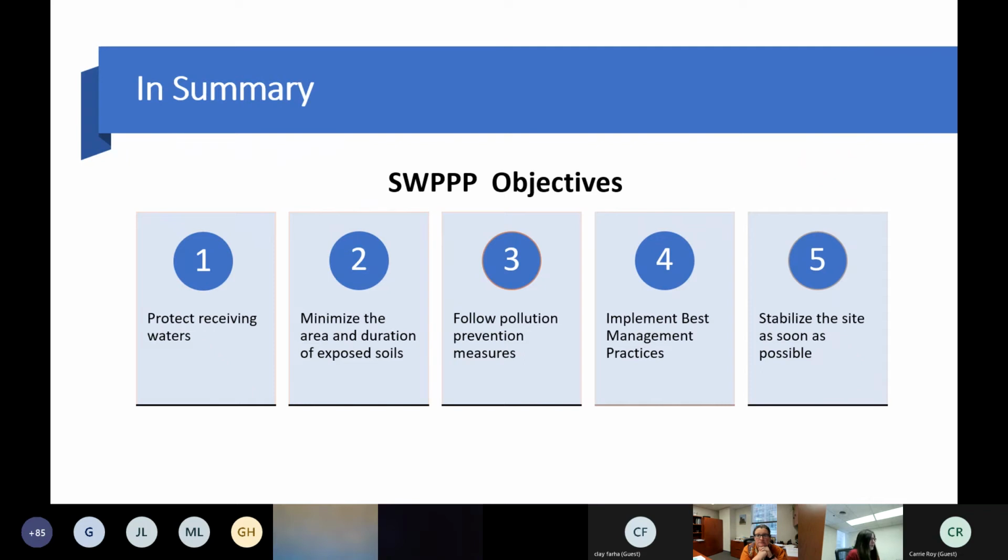So in summary, the SWPPP has several key major objectives. We want to protect receiving water bodies. We want to minimize the area and duration of exposed soil. We want to follow and implement pollution prevention measures and implement those best management practices to deal with sediment and erosion control and good housekeeping practices to prevent and minimize potential pollutants from reaching our bodies of water. And stabilize the site as soon as possible. Again, we want to get back to stabilize as much as possible to prevent those releases to a potential nearby